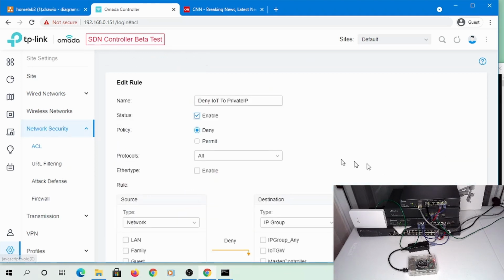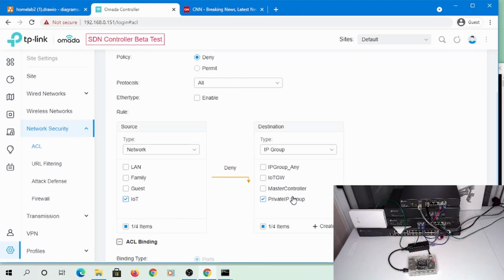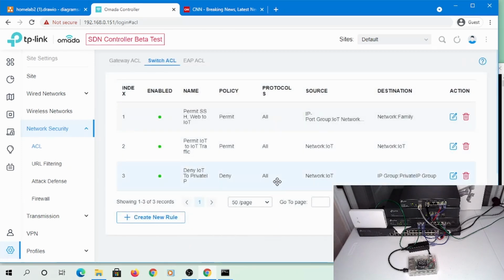Because of this particular rule, this encompasses all the IP networks, IoT to any private IP, because for the private IPs I have defined 192.168, 172.16, and 10.0 to be denied by default. So any new networks that you add that fall into that broad private IP category will be declined, and you only have to add at least 2 rules. This one is if you would like to permit IoT to IoT communication and access to the internet, and this one will be to permit any other networks outside of IoT to be able to communicate to the IoT VLAN. Again, you only need to add one more